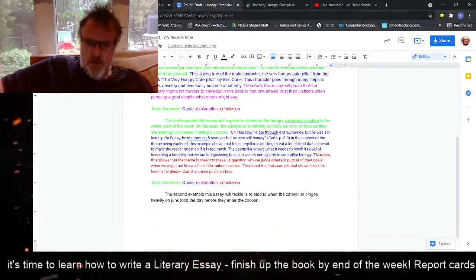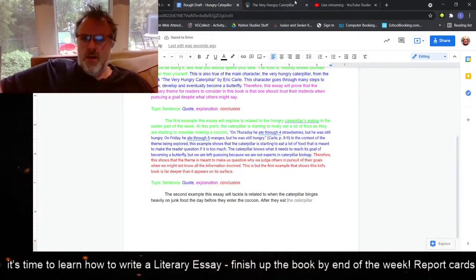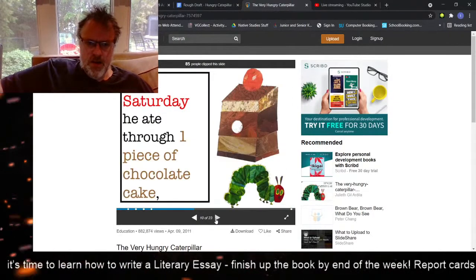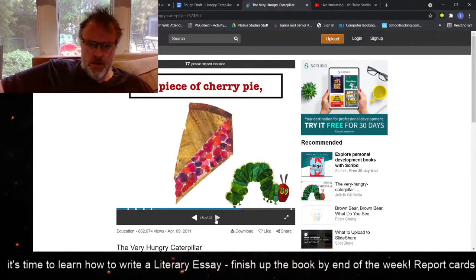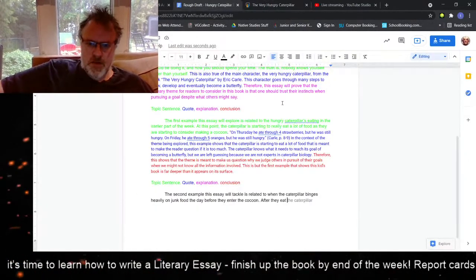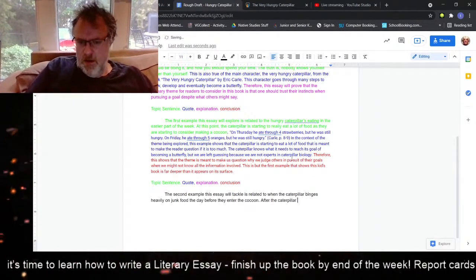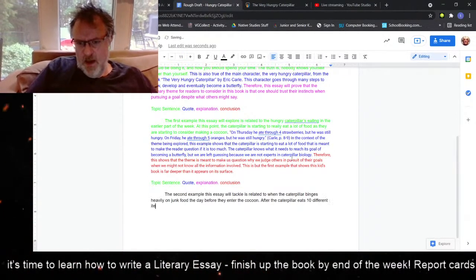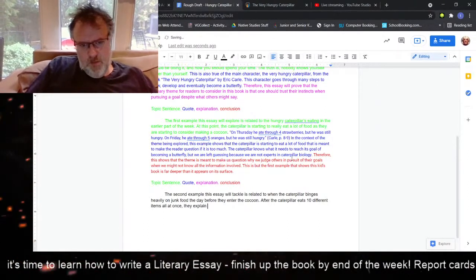After they eat, let's count. How many different things do they eat here? 1, 2, 3, 4, 5, 6, 7, 8, 9, 10. 10 different items. After the caterpillar eats 10 different items all at once, they exclaim, quote,